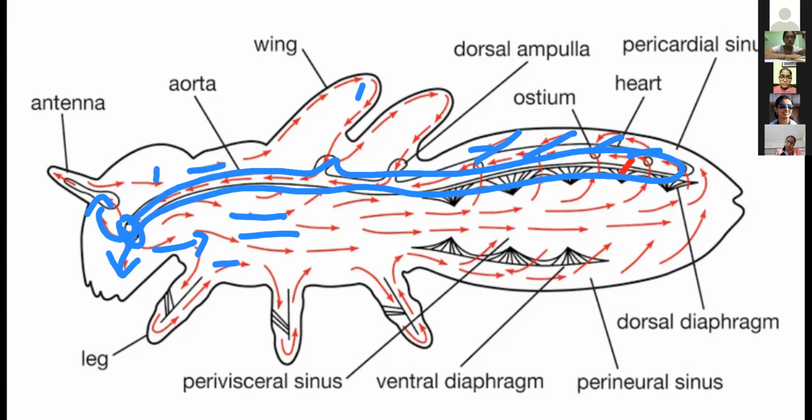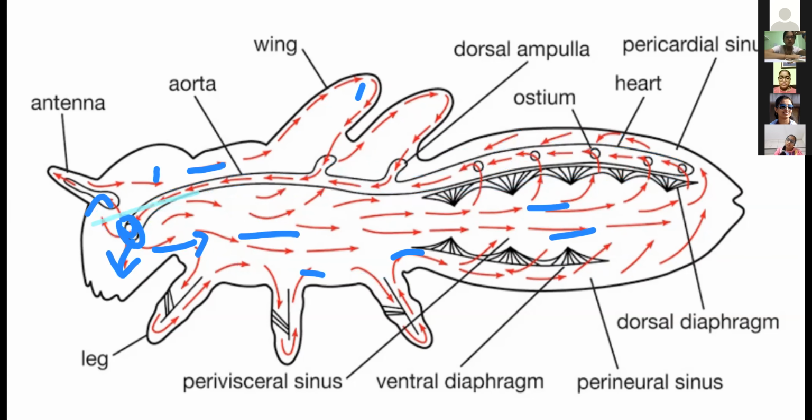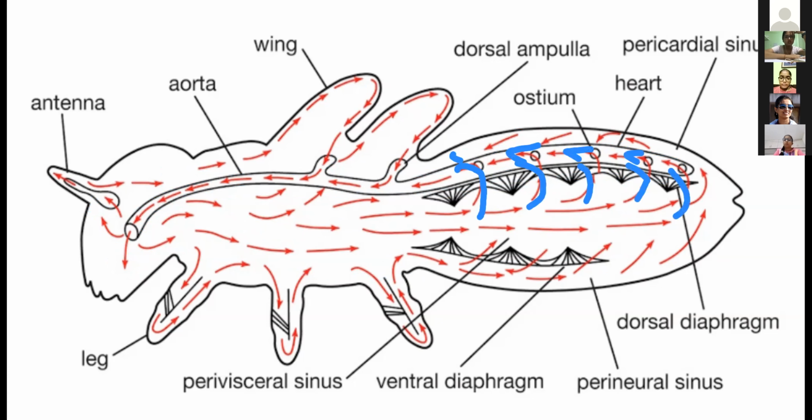So here also the blood flows in all, right? And from the posterior side, even from this side, blood again enters into the heart through that ostium. When that heart muscles contract and relax, ostium pore forms, and through that pore from the ostium, see, can you make out this? Blood again enters into the heart,